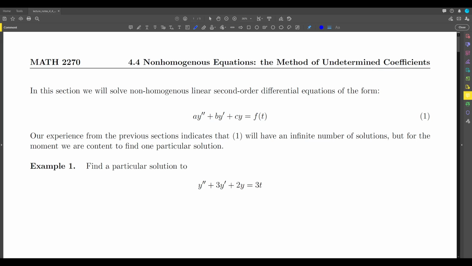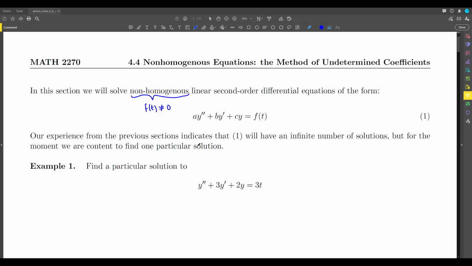In this section, we will solve non-homogeneous linear second-order differential equations of the form ay'' + by' + cy = f(t). The non-homogeneous part just means that the function on the right-hand side is not equal to 0. In the previous sections, the right-hand side was 0, and that is called a homogeneous linear second-order